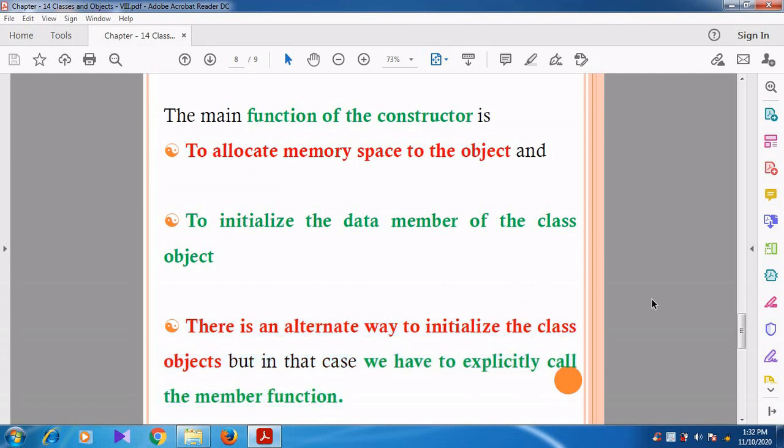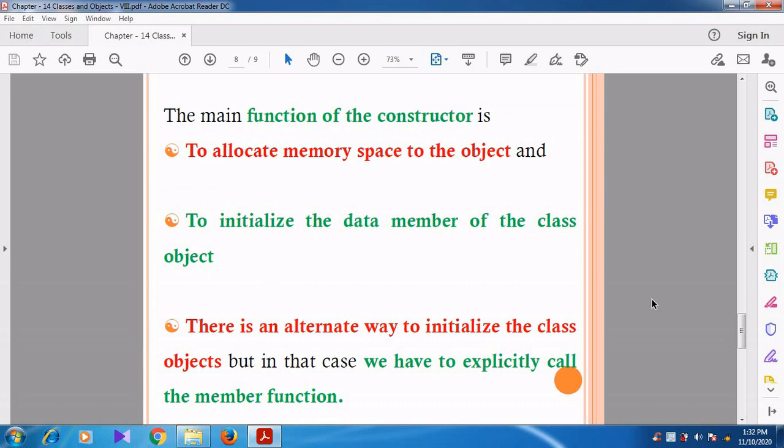See, the constructor is invoked in an automatic manner. We are not calling the constructor like an ordinary member function. Can you understand, students? The constructor is not invoked in an explicit manner. The constructor is automatically invoked. Invoked means called.